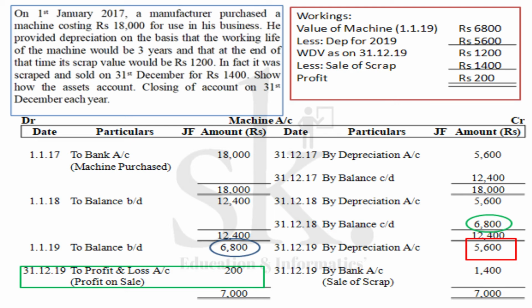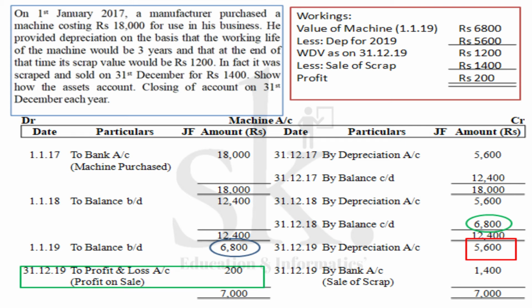So the WDV of the asset as on 31/12/2019 is the difference between 6,800 and 5,600, which is equivalent to rupees 1,200. Since you have sold that particular asset, the scrap, at rupees 1,400, you make a profit